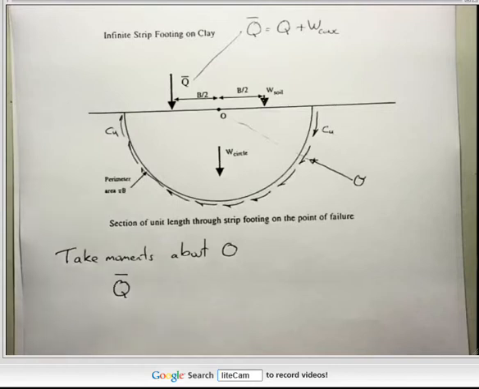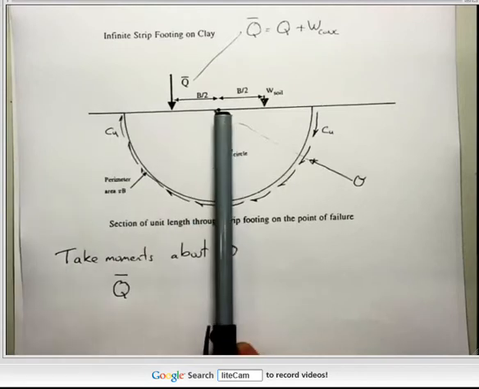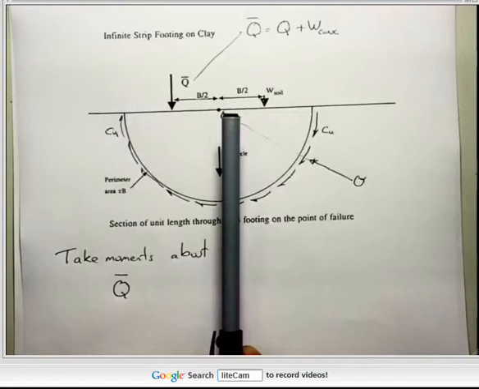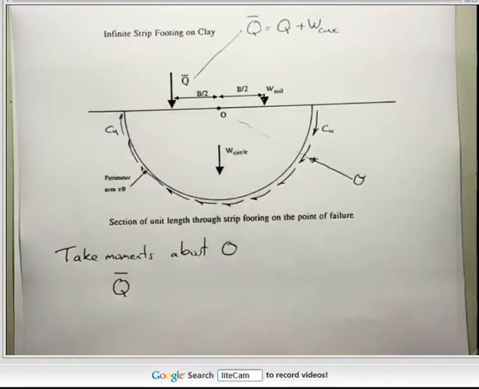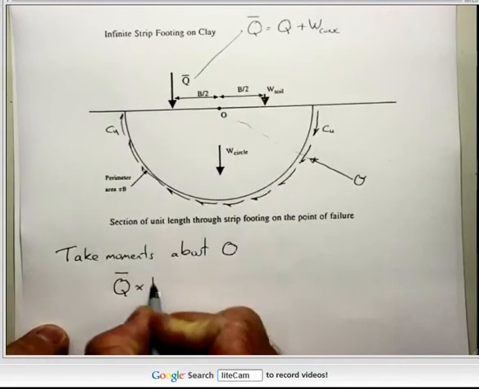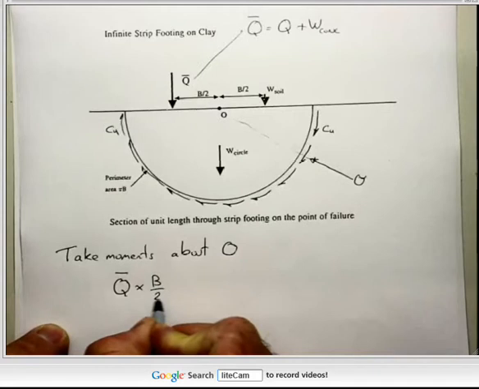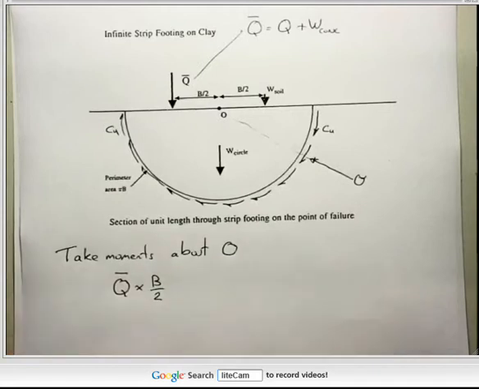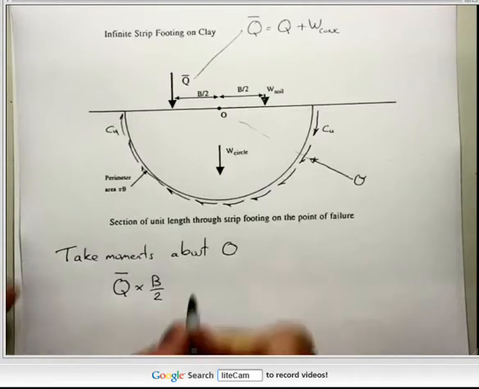Or, if you like, the column is mounted centrally on the foundation, and therefore the lever arm is half the foundation width. So I'm saying the lever arm is B upon 2, and that is the only force causing failure of that mechanism. But it's opposed by